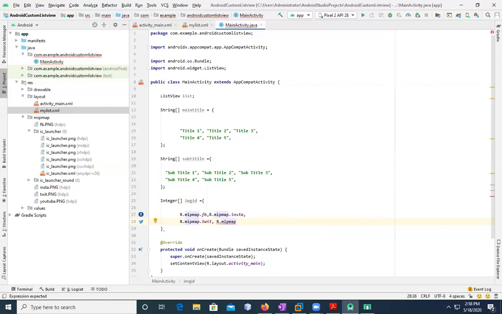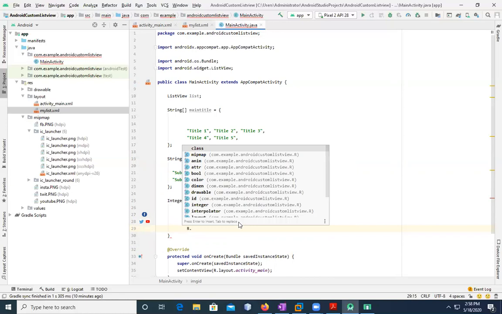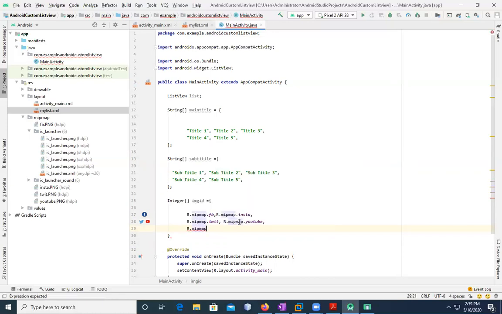You need to give the location of the files. So mipmap, as they are saved in the subfolder mipmap, and these are all the images. So that's R dot mipmap dot. Then after that, YouTube. As we need to have another file, so we need to give it here. So I'm downloading that. So mipmap dot,